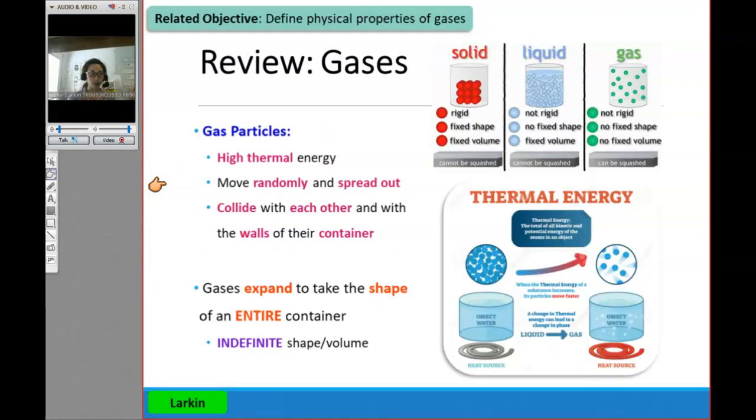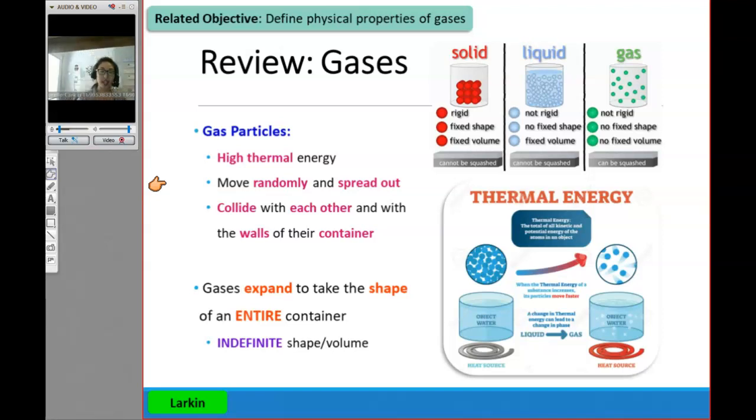So some quick review that we already know about gases is, remember, gases have a lot of thermal energy. We went over this during our brain stretch. We made a couple mistakes, so I do want to make sure that we really know this, but they have high thermal energy. Think about how chaotic steam is compared to liquids. Liquids stay in the pot, steam goes everywhere. So gas particles have a lot of energy. They're sprinting around, they're chaotic, they move randomly, they try to expand and spread out.